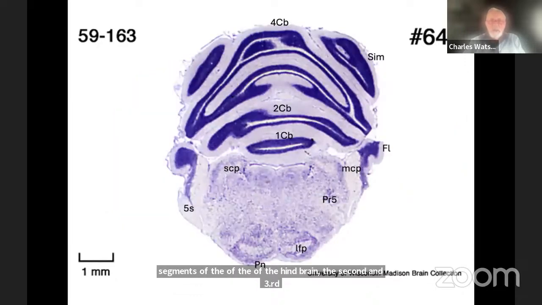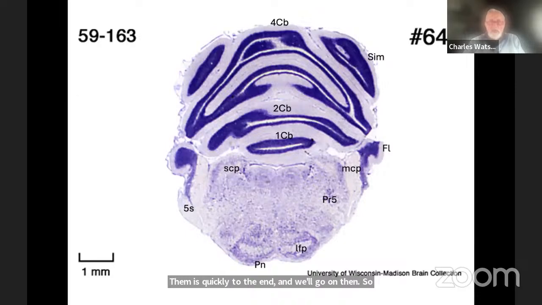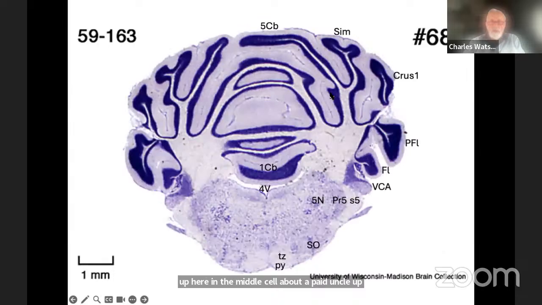So here we're getting a little bit further. This is the principal trigeminal nucleus. We're going to see more of the trigeminal nucleus in a minute. The pons fibers have gone up here in the middle cerebellar peduncle, up towards the cerebellum. And in the next one, we can see more of the trigeminal system, the motor trigeminal, and the superior olive has appeared, the auditory nuclei with a trapezoid nucleus just down underneath. In the human brain, these are buried underneath the pons, so you don't often get a very good look at them.